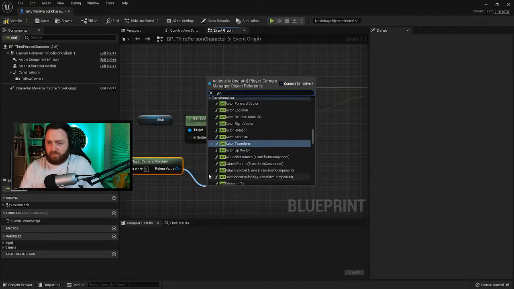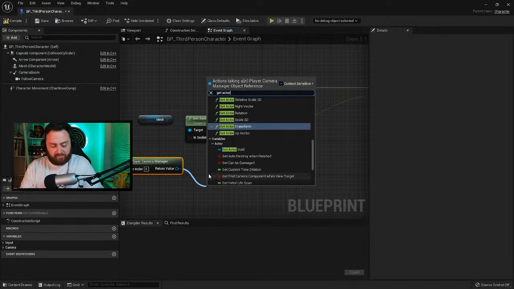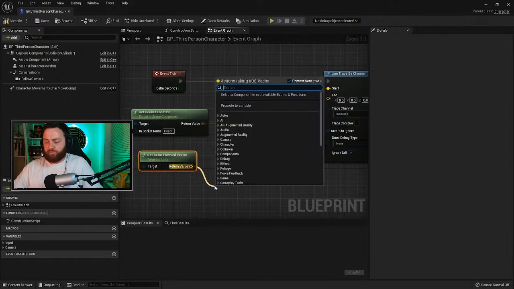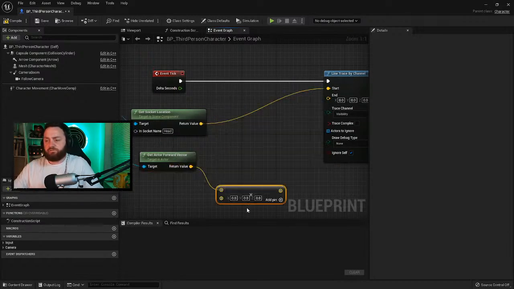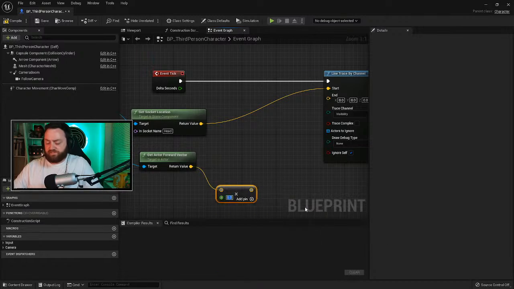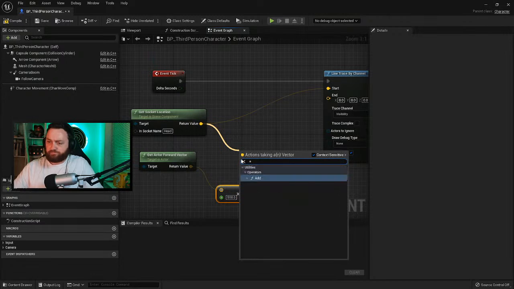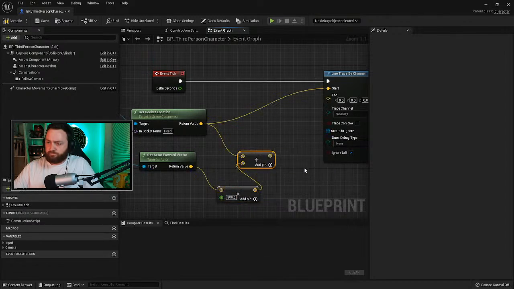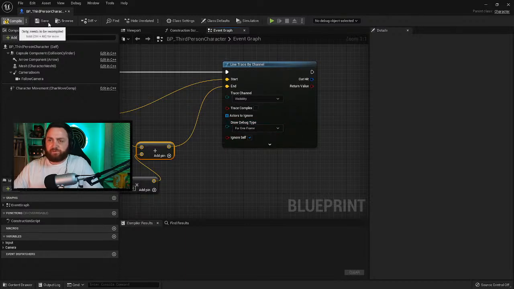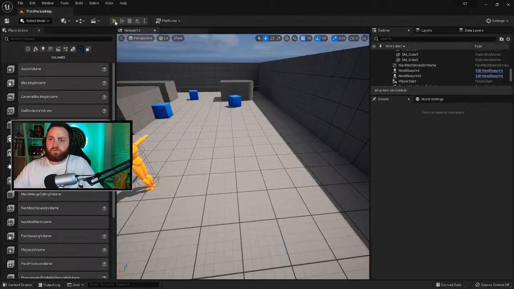get actor forward vector, so you get the direction they're going in, multiply it by how far they need to go. So let's say 500, and then we add that onto here. and that'll be our endpoint. And if I just put a debug on so you can see this working,